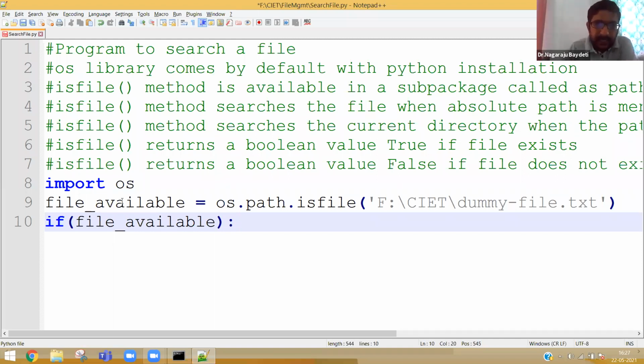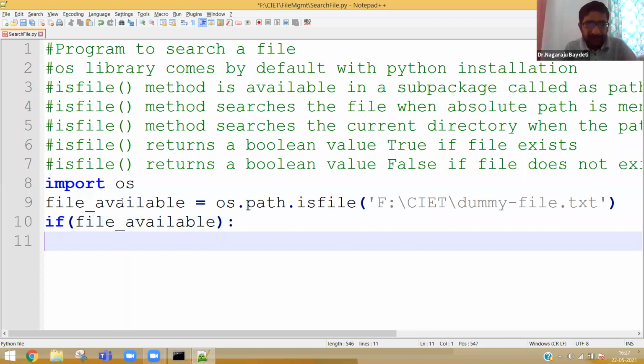It's basically the return value of the method isFile. In line number 6 and 7, I have written in a comment that isFile will return true if the file is available. It will become false if the file is not available.